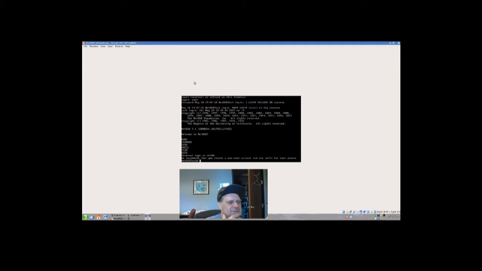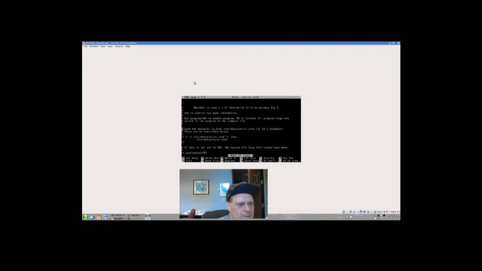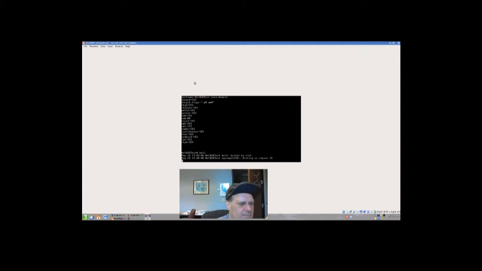Welcome to NetBSD. We recommend you create a non-root account. So go nano /etc/rc.conf. Use a backspace because they're picky like that. XDM equals no, that's fine. So we're done. We're going to do Ctrl-X. We're going to save this with a Y. We're going to halt the system. Of course, you can't, you still have to